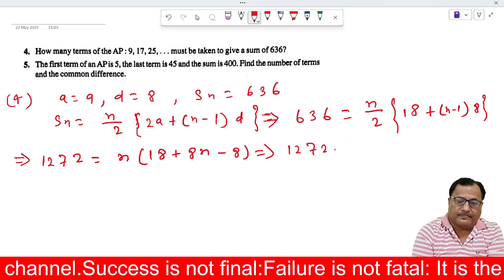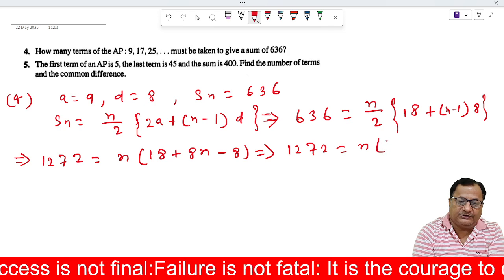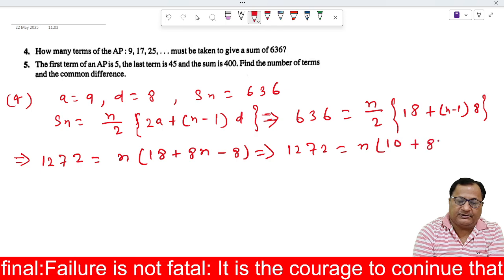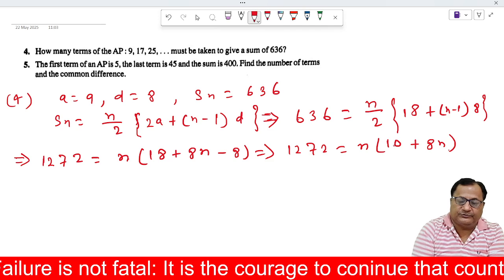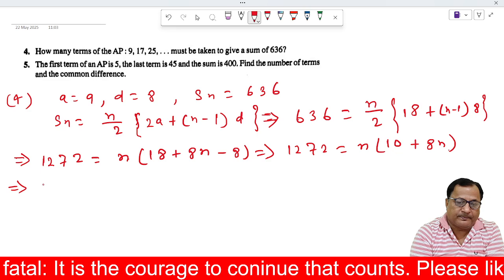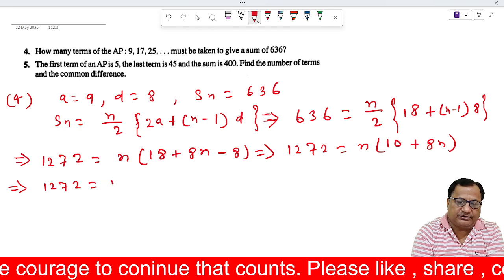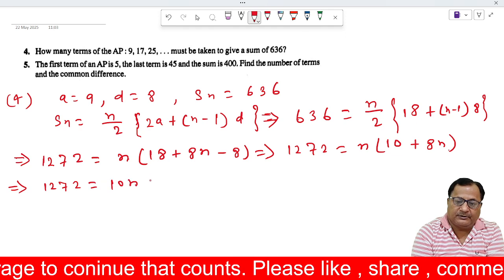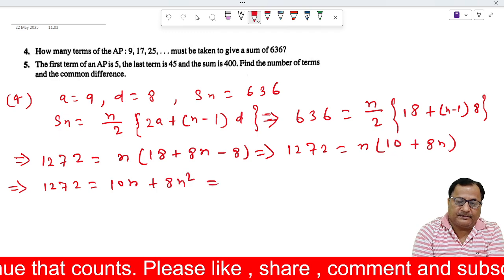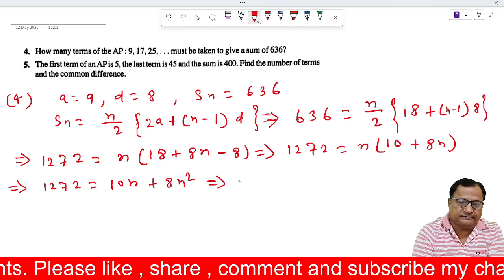This will be 18 minus 8, 10, plus 8n. If we multiply this, 1272 is equal to 10n plus 8n square. If we divide by 2 on both sides,